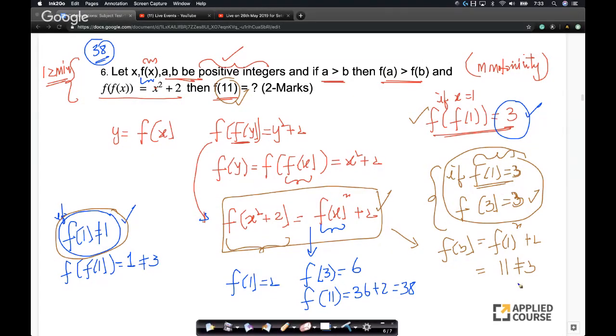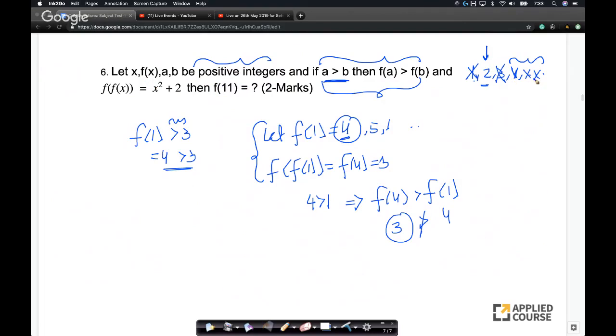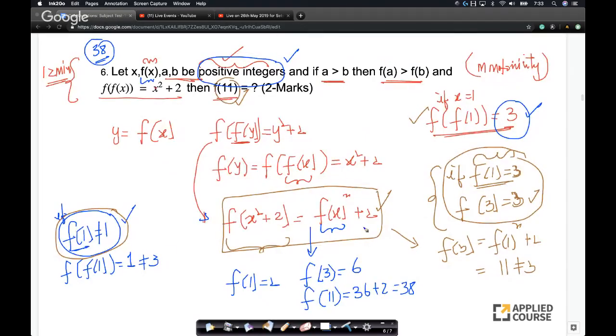Okay, so the trick here that I realized was, and again, this is a very important thing: it's a set of positive integers, which means f of 1 can be 1, 2, 3, 4, 5, as I told you. It was easy to prove that it's not equal to 1. It was slightly tricky to prove that it's not equal to 3, 4, etc. The only easy part was that once you remove everything else, you'll realize that f of 1 equals 2. And once you get that, the whole problem is simple.